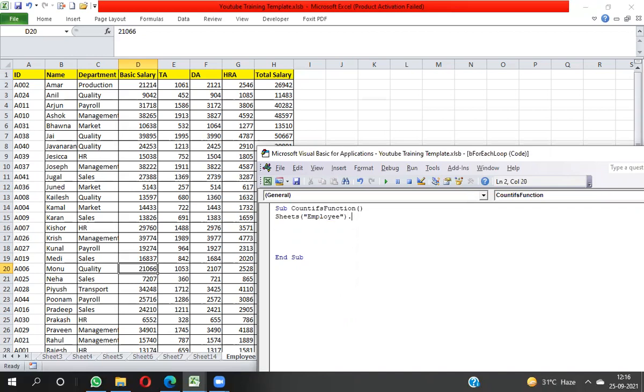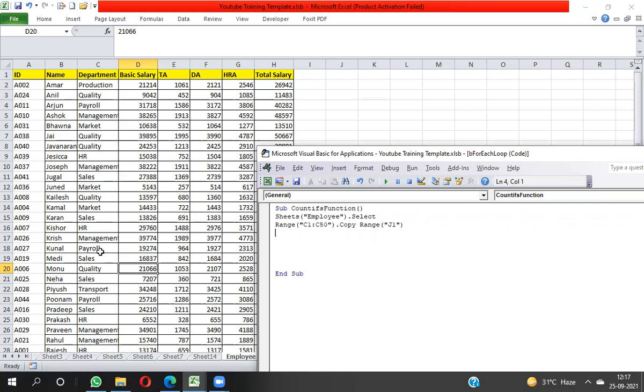Dot Select. After that, you need to write to copy the data from column C, Range C1 to C50, dot Copy, and paste into column J. So take the reference of J1. After pasting the data, you need to remove duplicates.